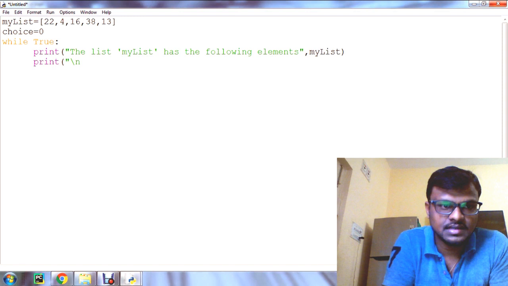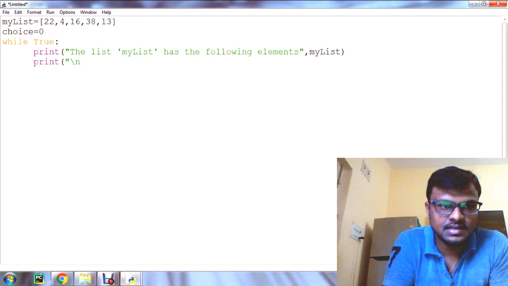Clear? So first operation, what we are doing, appending. We append an element. So our first operation is append element. For your reference, I am keeping a comment also. So for append, first we have to check the choice. If choice is equal to 1, since append is choice 1, then we have to get the element.